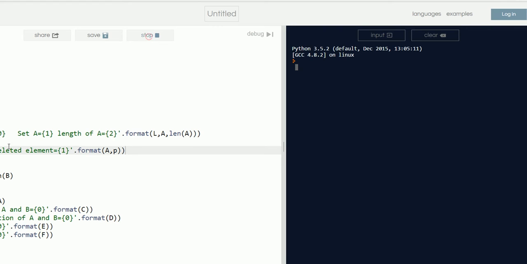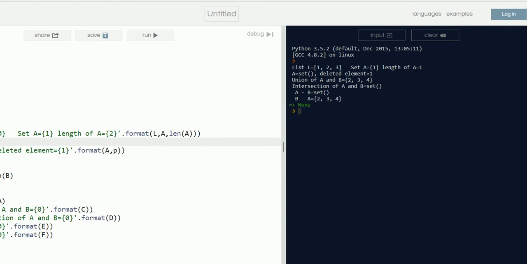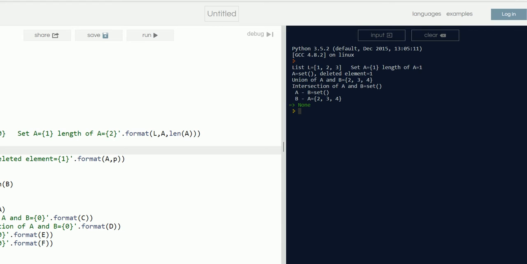Let's see. So it's going to show A is a null set now. A is a null set. The deleted element was 1, because we had already removed 3 and we had already removed 2; 1 was remaining. Just like a list, whenever you try to pop a set where there is no element to be popped, let's see